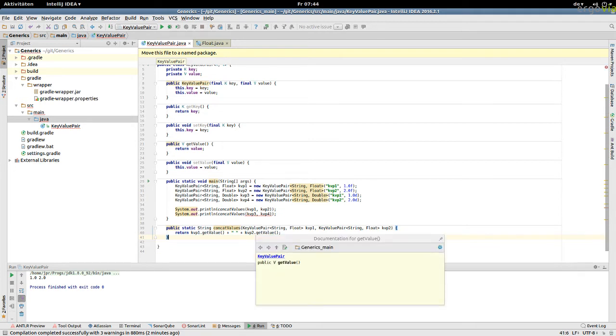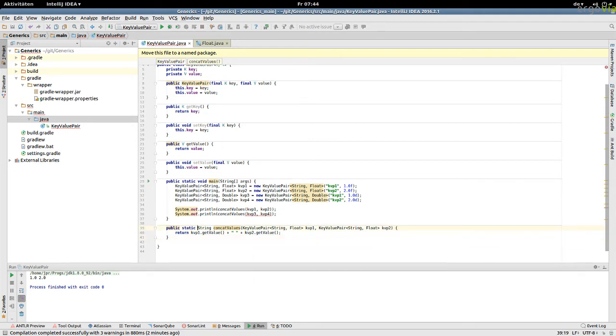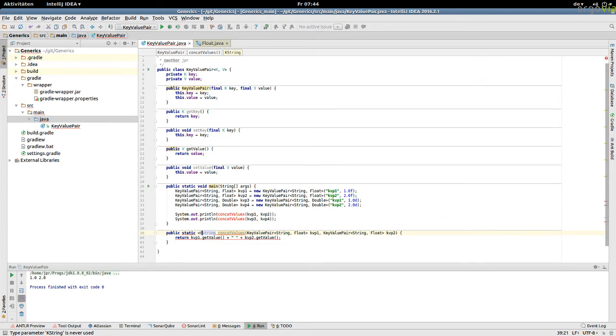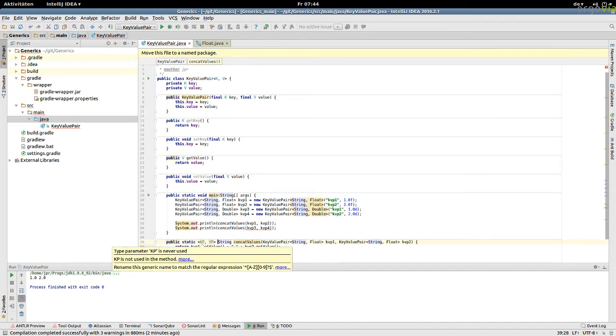So what else can we do? We can use generic types at method level. So in method level, the same as in class level, we can put in some generic types. Let's say VP, KP. And actually, normally you don't use two-lettered generic types, but in our case I don't want to shadow these K and V here, so I use two letters. And what we can do now is we put them in the back here,